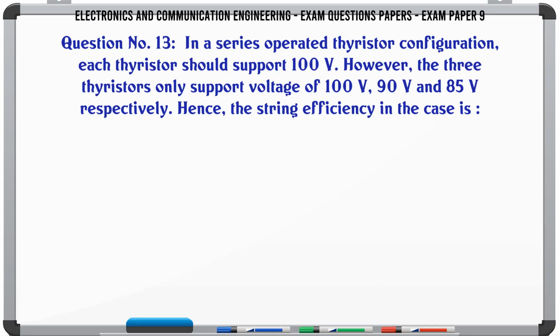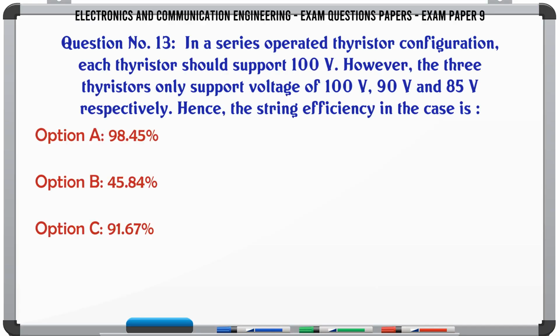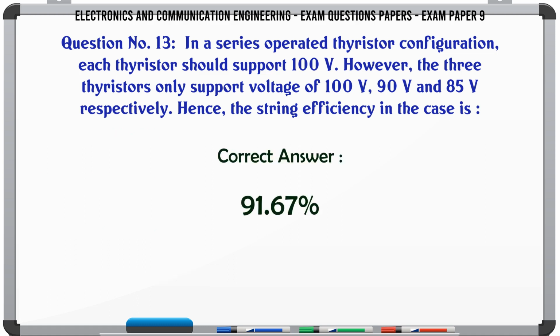In a series-operated thyristor configuration, each thyristor should support 100 V. However, the three thyristors only support voltage of 100 V, 90 V, and 85 V respectively. Hence, the string efficiency in the case is A) 98.45, B) 45.84, C) 91.67, D) none of these. The correct answer is